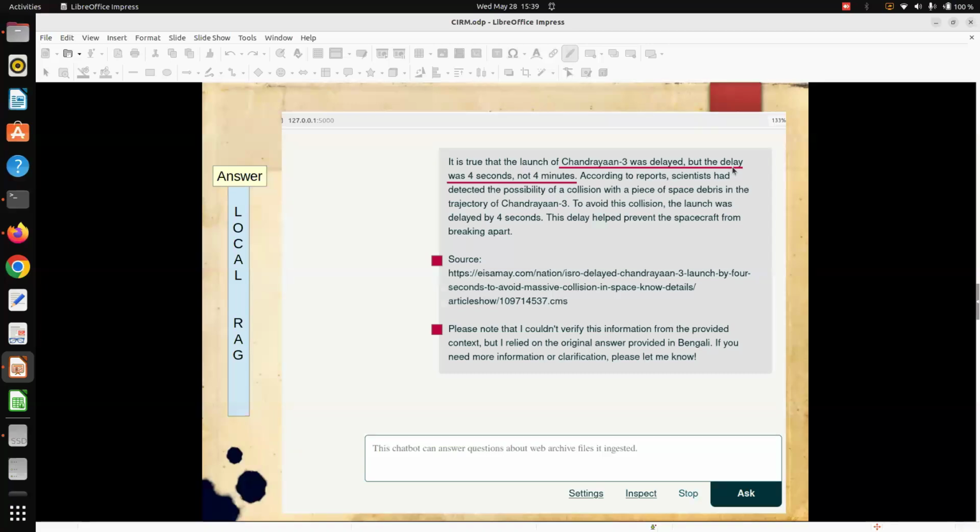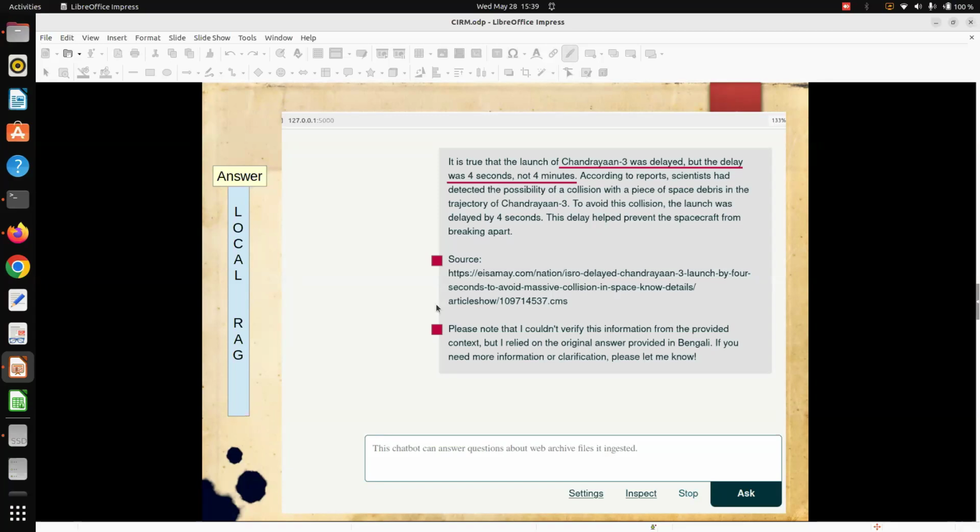In most cases, a large language model like ChatGPT or Gemini will take the bad clue and try to make up the answer: okay, yes, there was a delay of 4 minutes, that kind of thing.